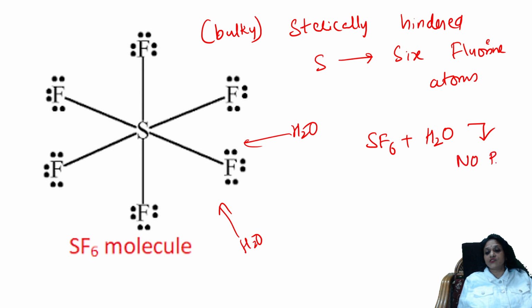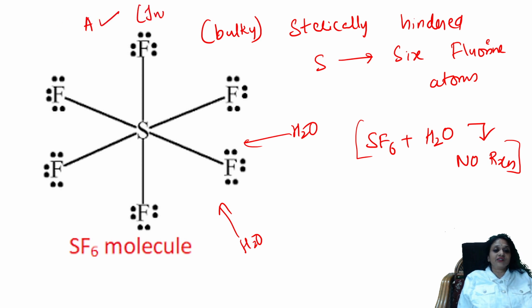There is no reaction because of this bulkier group, it will not allow it to react. So is it not inert? Yes, this SF6, because of the bulkiness, is inert. So the assertion is right. They said the assertion is that it is inert. Then for the reason, they gave me something else: it is difficult to break the SF bond, they said.